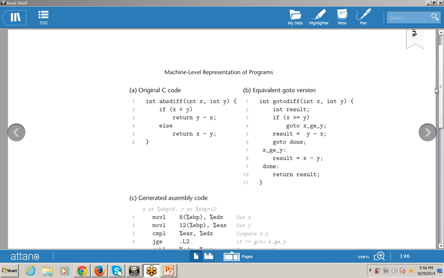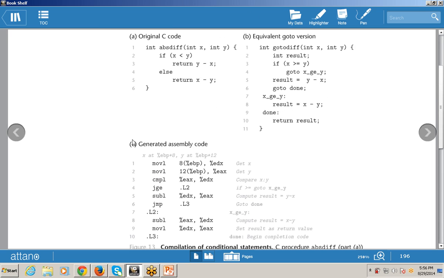I will explain with the help of a pen. This means if this condition is true, go to this one. Otherwise, execute this statement. If this does not apply, then go to done. Done means go to this part and then return the result. This is how we can use the goto function.